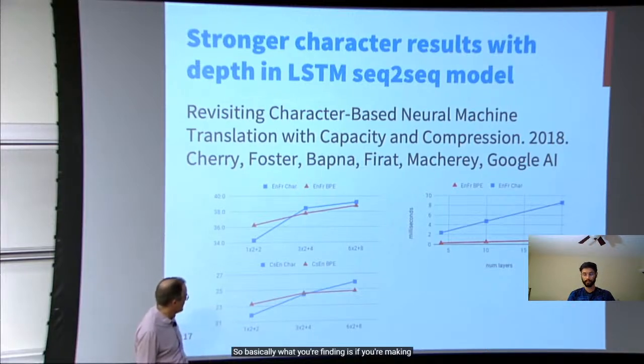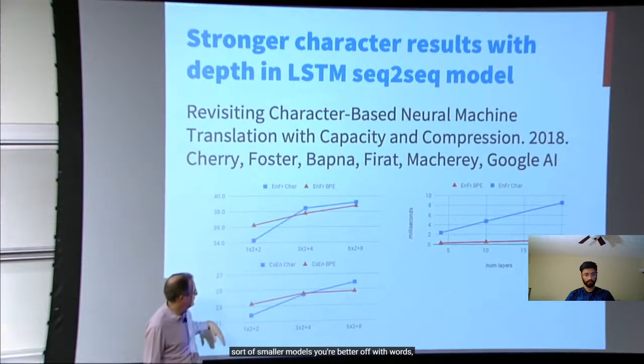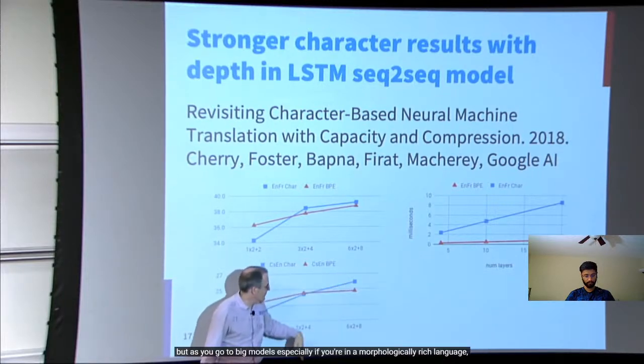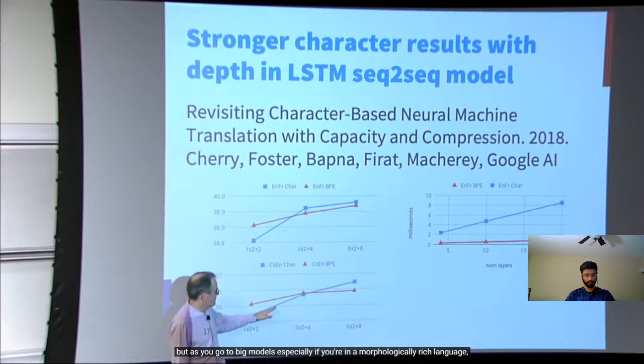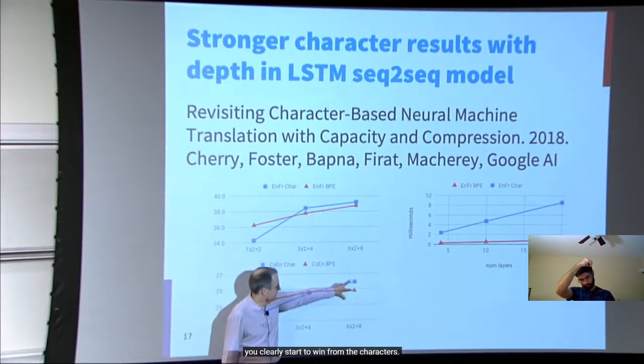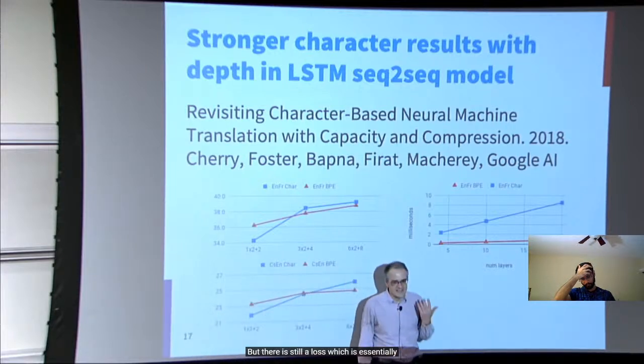So basically what you're finding is if you're making smaller models, you're better off with words. But as you go to big models, especially if you're in a morphologically rich language, you clearly start to win from the characters. But there is still a loss, which is essentially exactly the same loss that we were suffering from